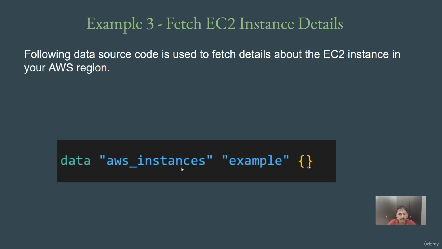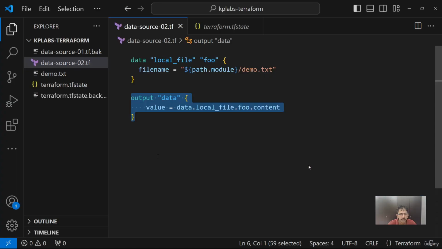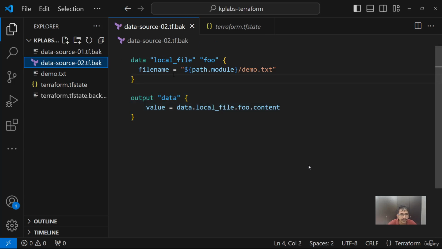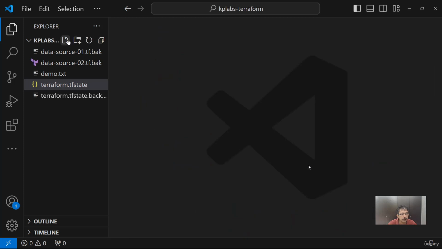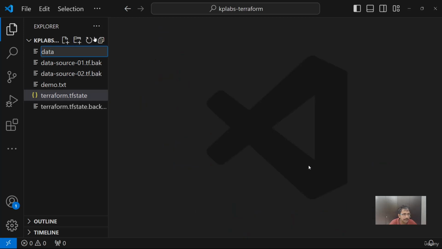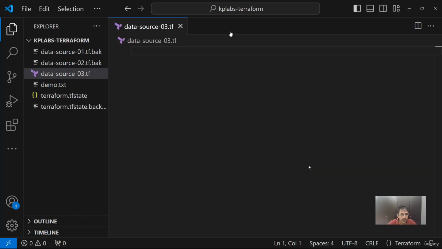data aws_instances followed by any random name that you have given here. So let's try this out as well. The 02 file, I'll just rename it. I'll call it BAK so that it does not run when we do a Terraform apply. So let's go to example number 3. The file name, I'll call it datasource03.tf. Now within here, I'll say data aws_instances. You can just give a local name here,